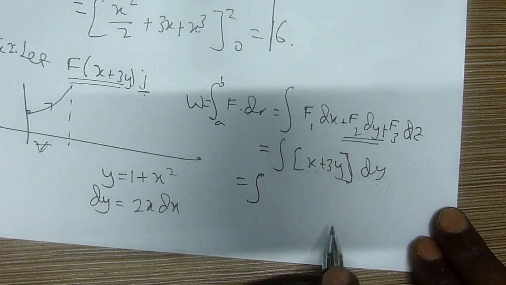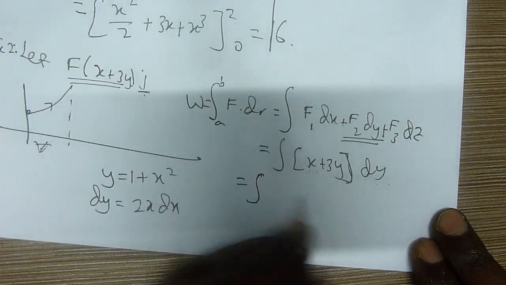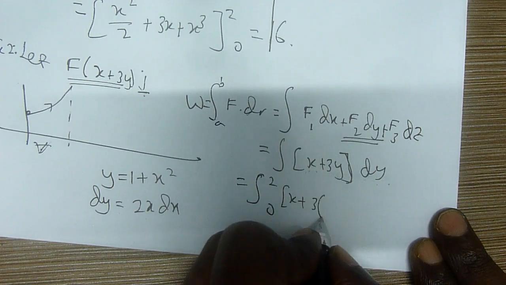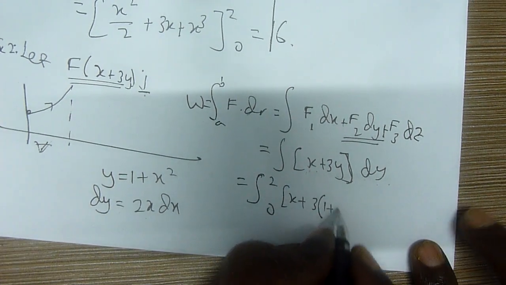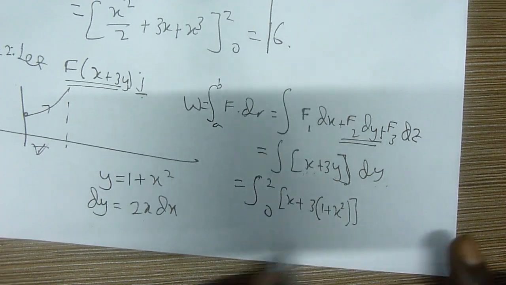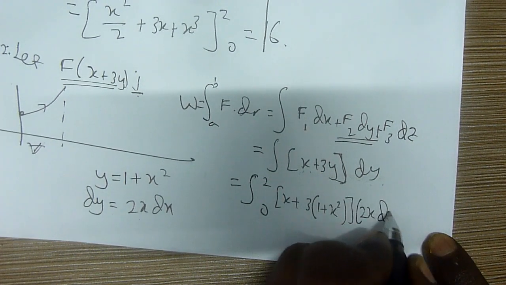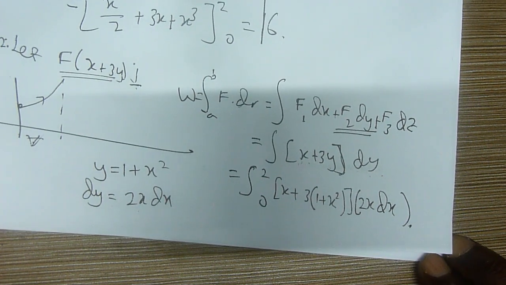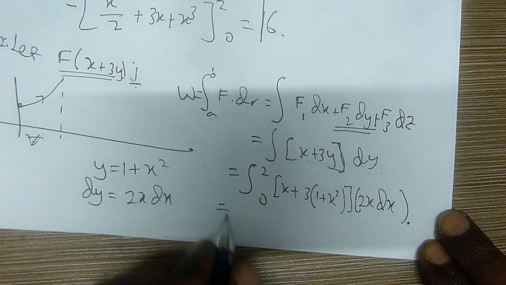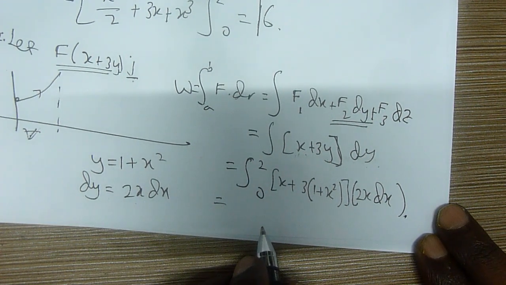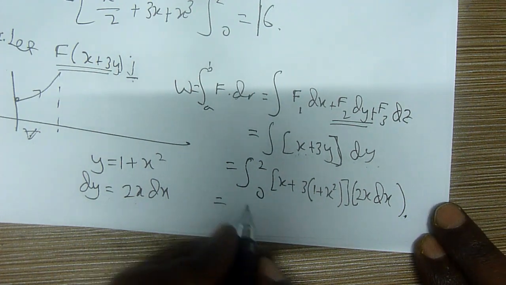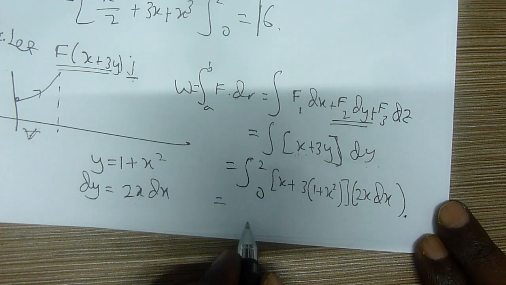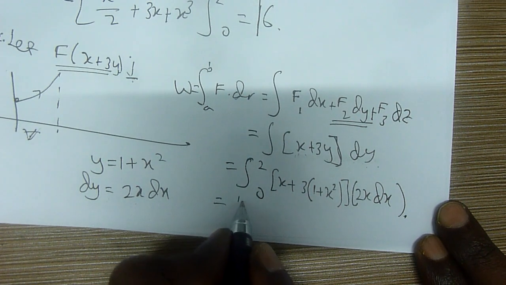Therefore, when you try this x base, it's still the same calculation. You can see 2 to the 0, x³. The combination here is 1 plus x², but dy is 2x dx base. Okay, please try to solve this. When you solve, I think you may get it. Just expand this and try to solve it. I think this is not a difficult one. When you solve this, you may get